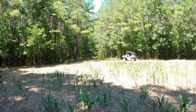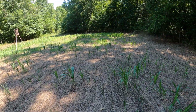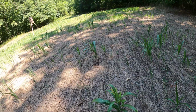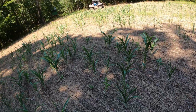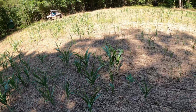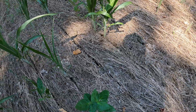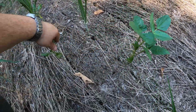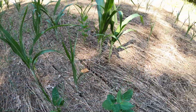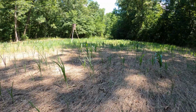Hey guys, welcome back. We're at another little field here. This one is the rat. I've showed y'all the rat already, but this field doesn't really look all that great. The peas and the soybeans and the sunflower, sun hemp, all that extra stuff really isn't growing too much. The only stuff that we really see growing here is the milo, as you can tell. But we do have a pea plant right here growing. There's another one growing right here, but I would say the majority of this field is milo, and it's really